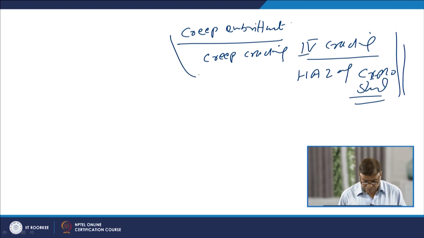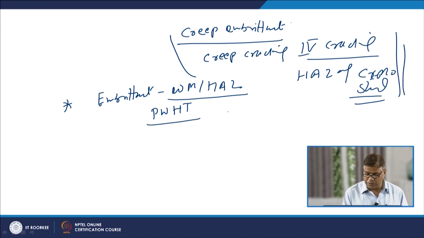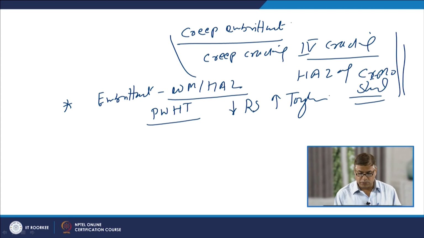We will talk about the factors that lead to creep embrittlement. The first thing is that, in order to avoid embrittlement of chromium molybdenum steel welds in the weld metal and the heat affected zone, the best way is to perform post weld heat treatment. This will not just relieve the residual stresses, but will also increase the toughness of the weld joint. We will talk about the conditions to be used for post weld heat treatment so that the toughness can be enhanced. However, post weld heat treatment in general will reduce the yield strength of the weldment.